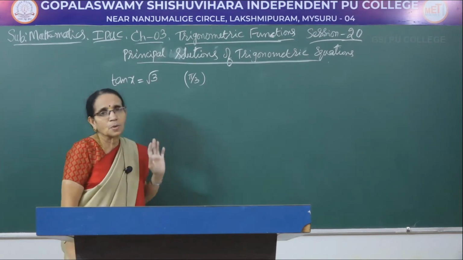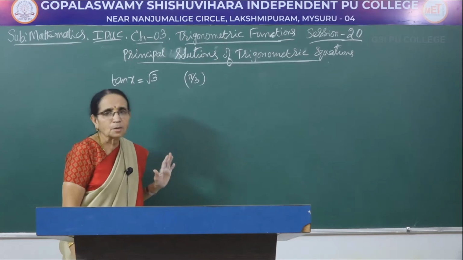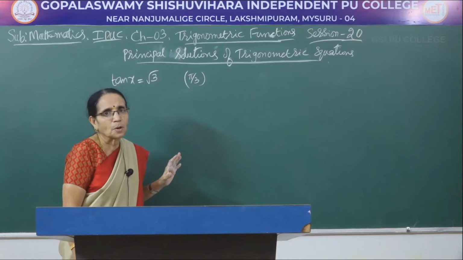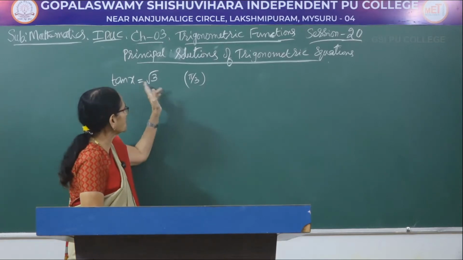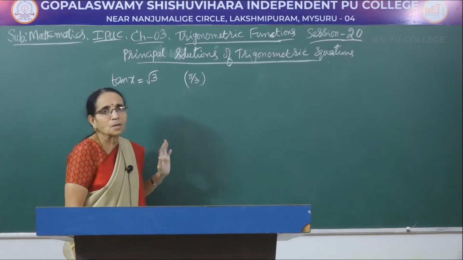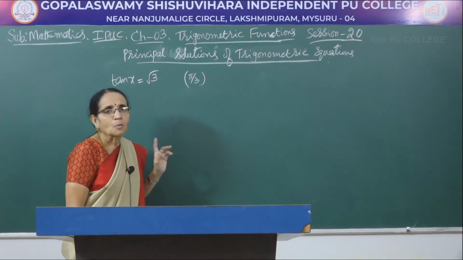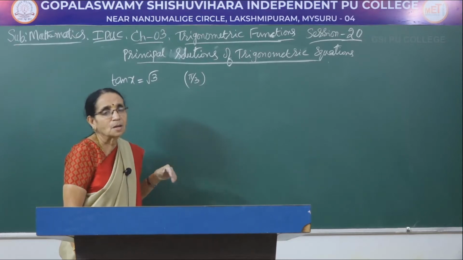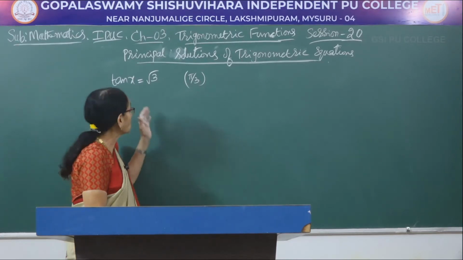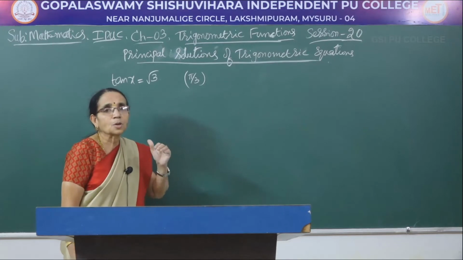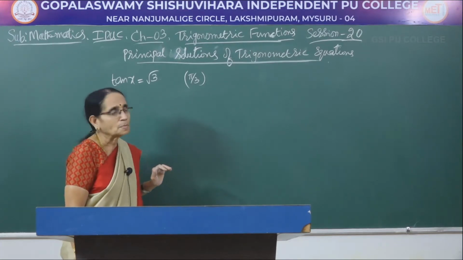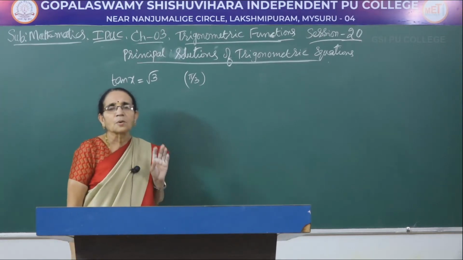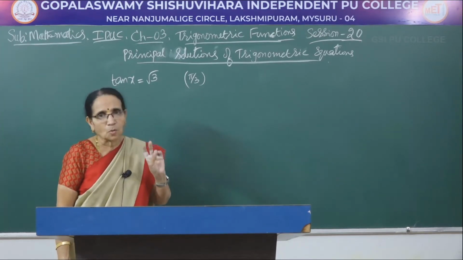Now it is a positive number I have given you. Positive number means, as you know, in the first quadrant all the ratios are positive. So if in the given equation the right hand side number is a positive number, one value would always lie in the first quadrant, isn't it? The second value, you have to look at the function and decide which quadrant we should consider. Now tan x is positive in which quadrants? First as well as the third quadrant.